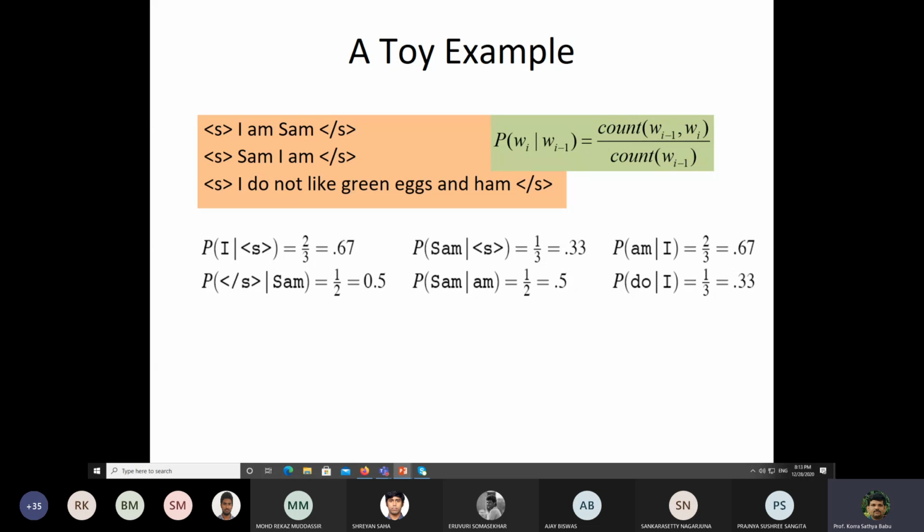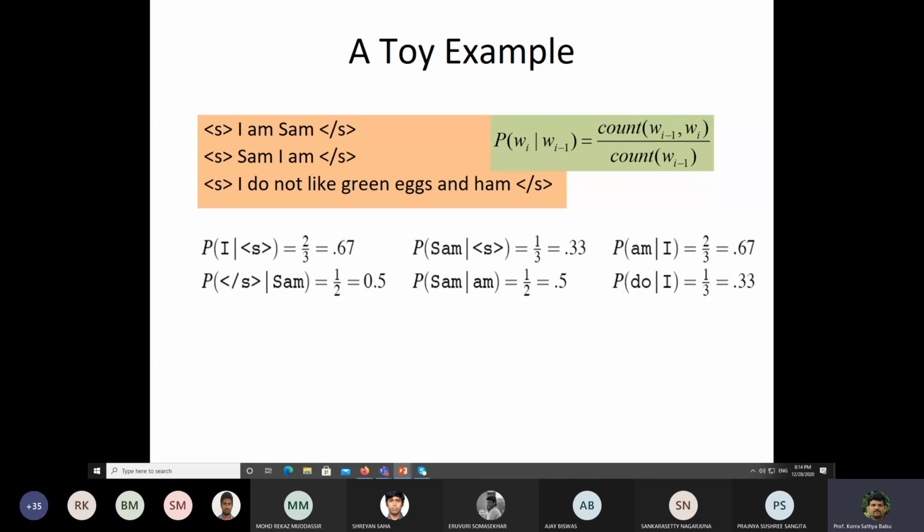Now, if you see, I am Sam, I am. That was your question, right? I am Sam, I am. So if you are taking this, it completely depends upon what language model you are trying to take. If you are considering it with respect to the sentence, but generally we do not consider with respect to sentences. It depends upon what sequence length you are trying to take into consideration. Suppose I am considering only bigram, then in a single sentence when I am occurs twice, I have to take it as 2 times it has occurred.